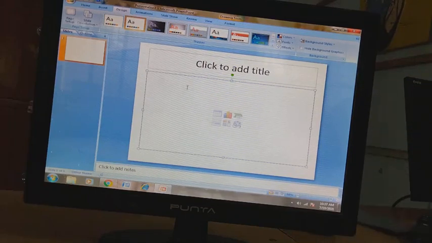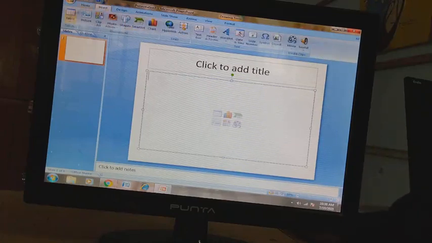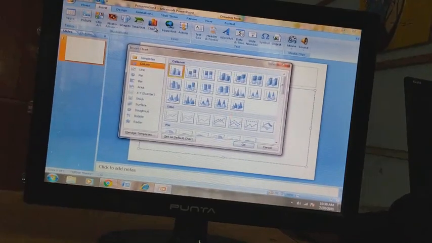These are some options by which you can format your sheet. Now in the Insert option, you will have a chart. When you have a chart in your book, you can see after the components of a chart, you have the chart types. Here you can see the chart types.